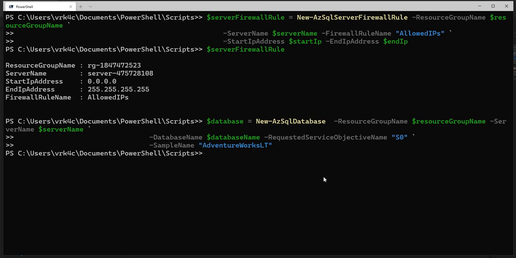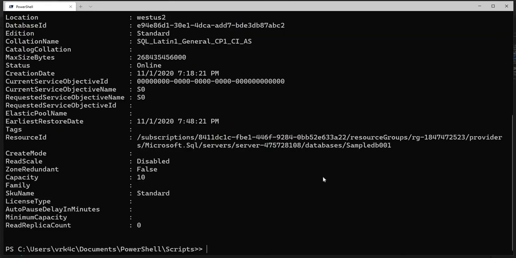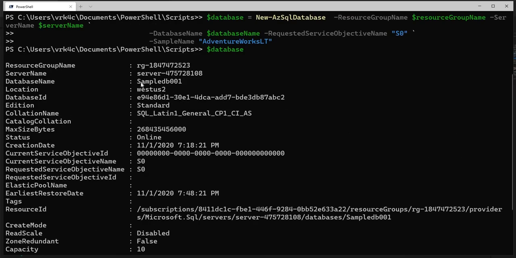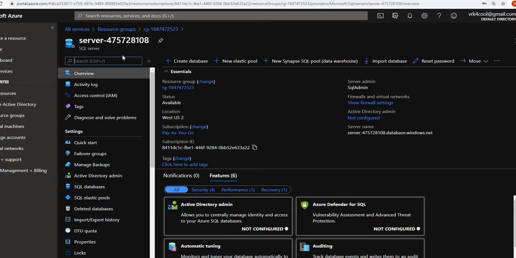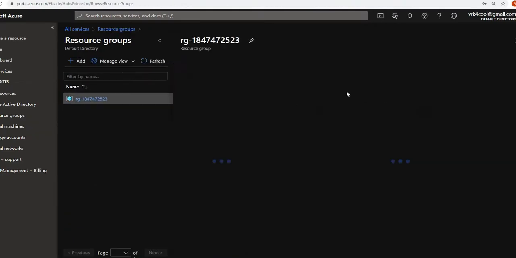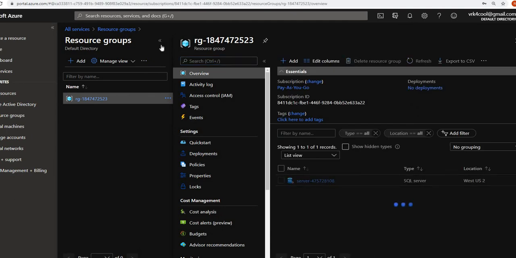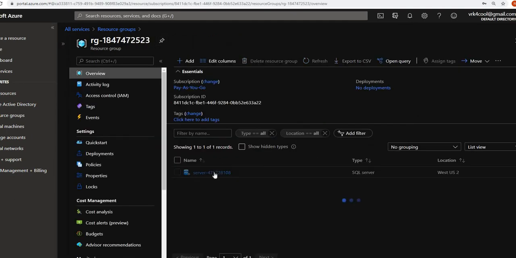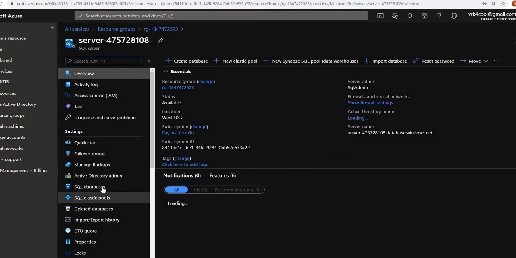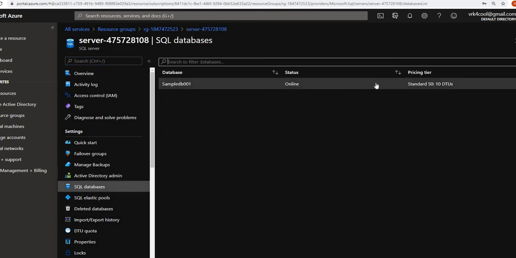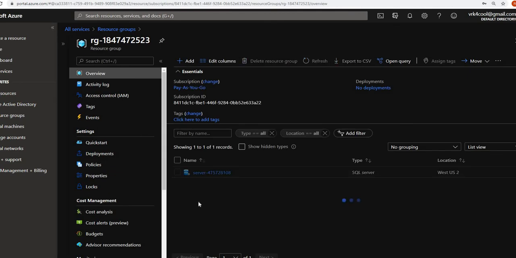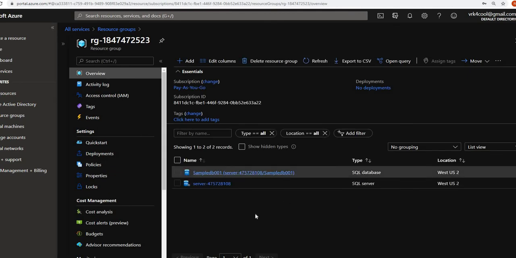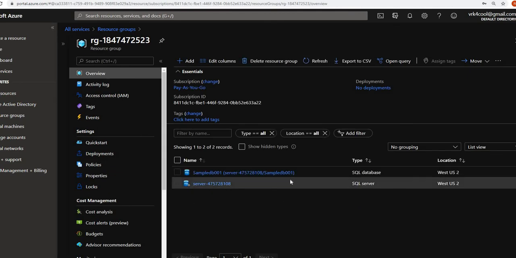So the database has been created with sampledb001, and you can check it. The database is actually created under this, and you'll see a DB here.